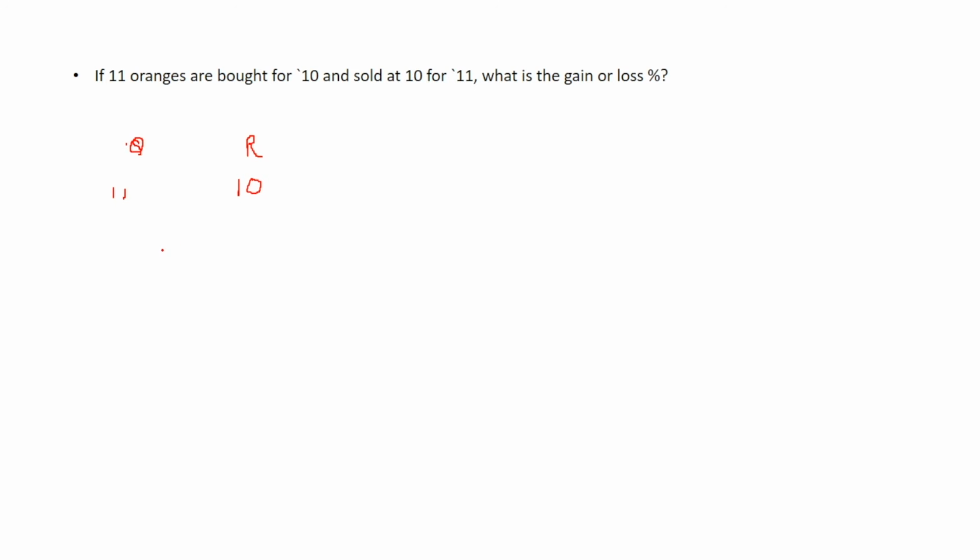10, right? And similarly he's brought 10 oranges, 10 means 10 oranges, and selling it at 11 rupees per, right? This is your cost price at which he brought the orange, and this is your selling price, right? So here you have to do one thing. You have to sell the same quantity, right?